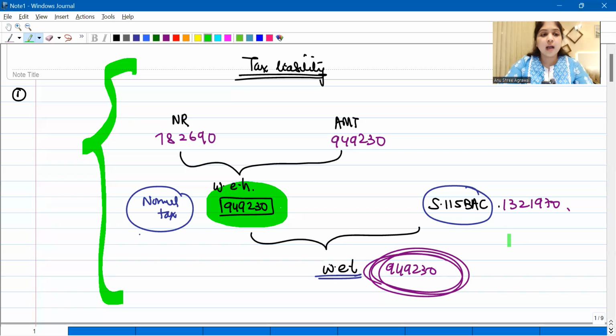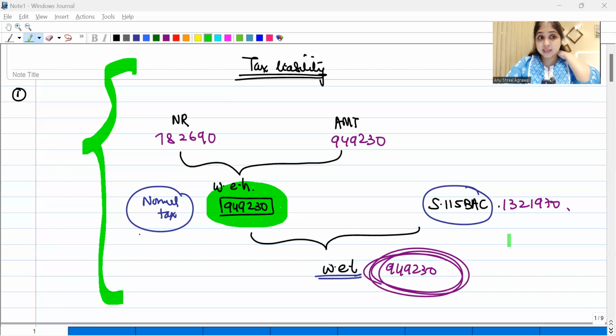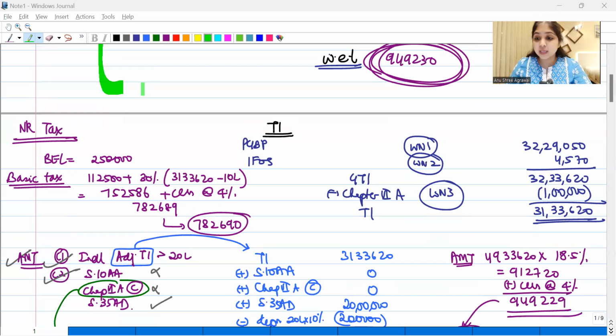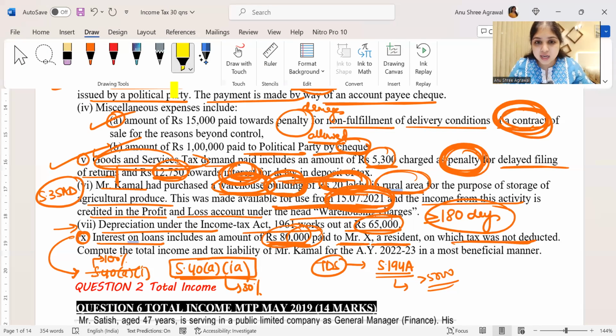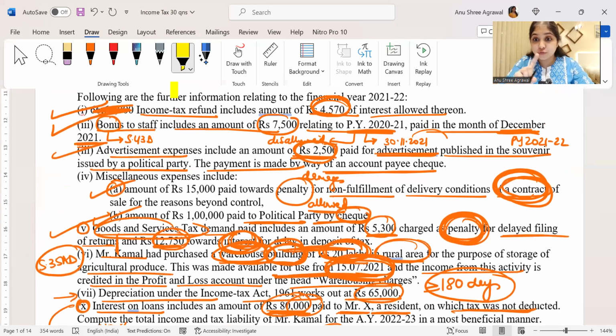Are we done, guys? Are we clear with this? Do you have perfect clarity? Right? So I think you see what our learnings are through this question. Apart from tax liability, I would suggest one more very interesting adjustment through this question was also our discussion regarding that breach of contract, that penalty on breach of contract.